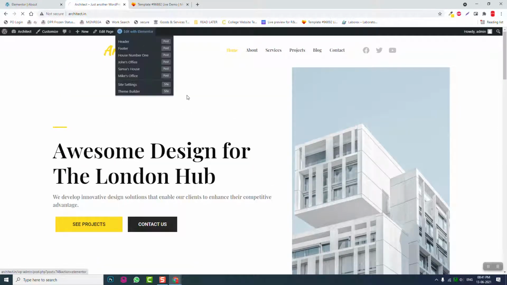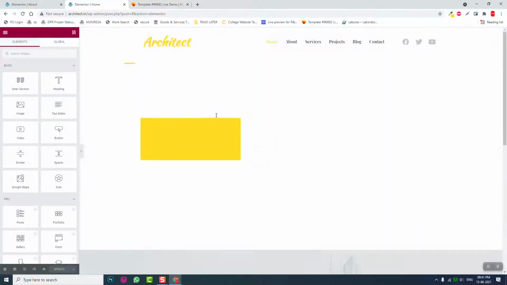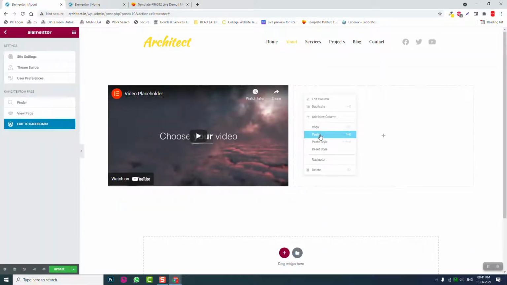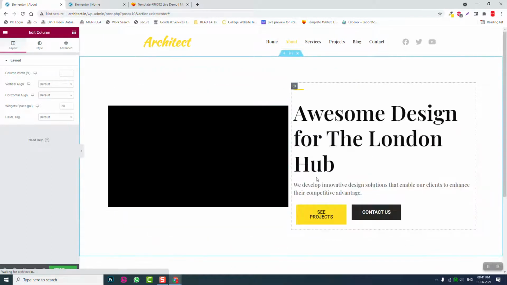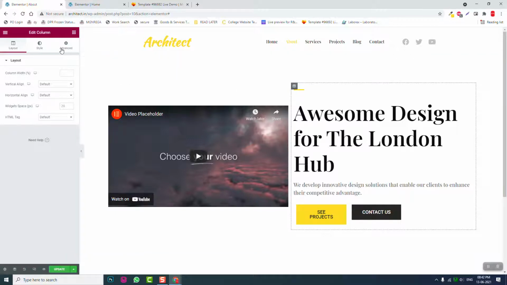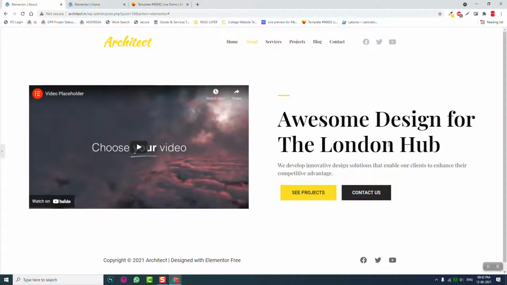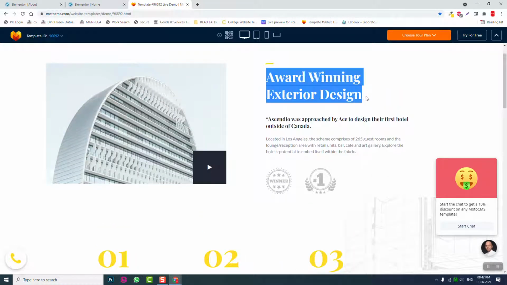Okay, we did with Elementor. And one thing we can try, copy this, paste it here. Okay, we can copy the column from the other page here, like that. And here in this column we can insert margin to the left about 100, like this. Okay, and about award winning exterior design,